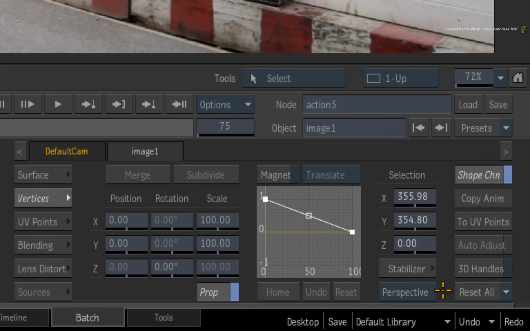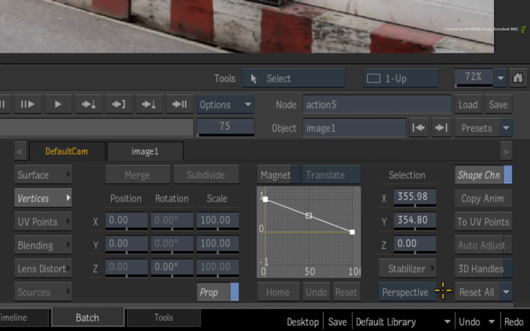With perspective mode, you do not need to select the vertices of the surface. Just go into the stabilizer. Initially, you get 4 tracker boxes in the stabilizer. Remember, these tracker boxes represent points on the wall to identify its perspective. So it doesn't matter where you actually place the tracker boxes on the wall. The main rule is that all the tracker boxes have to be on the same flat plane to get an